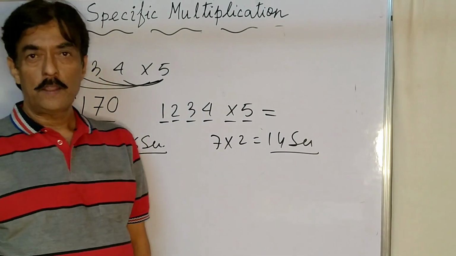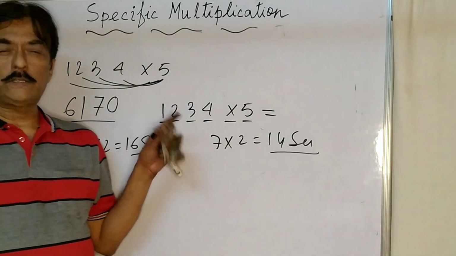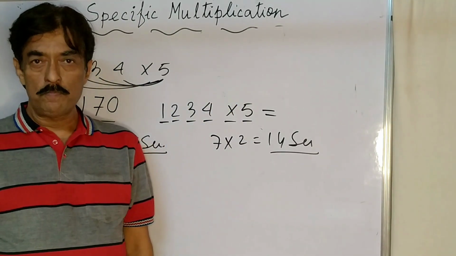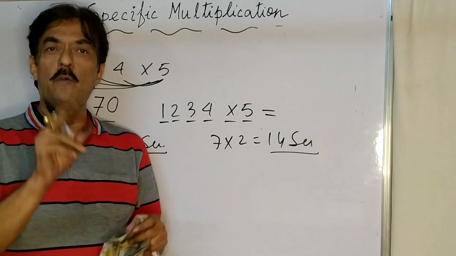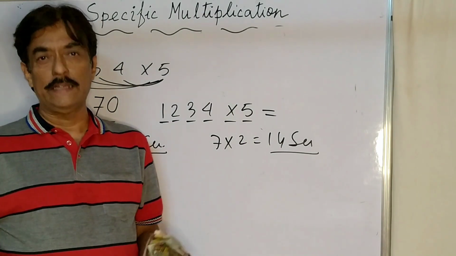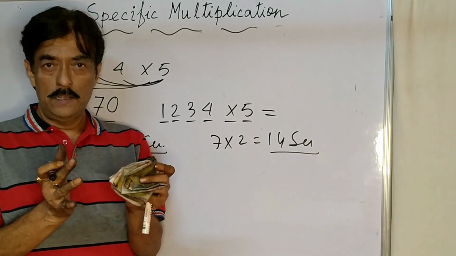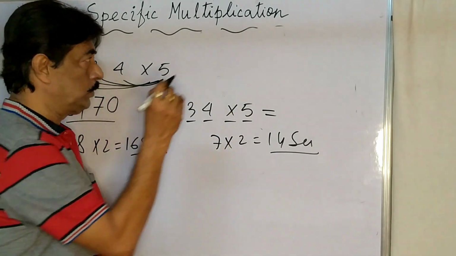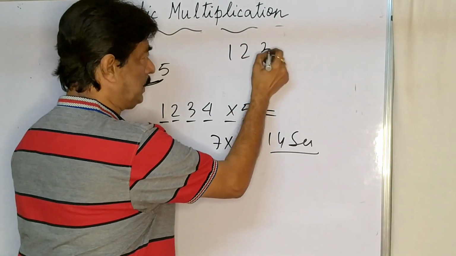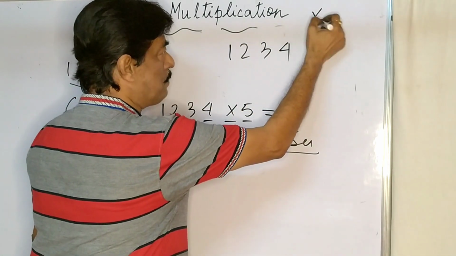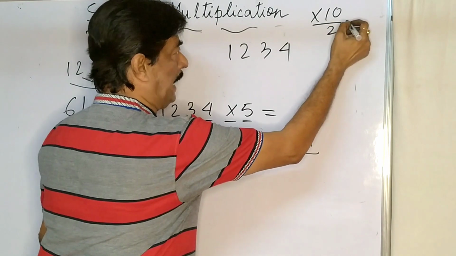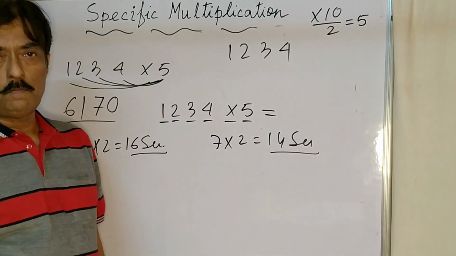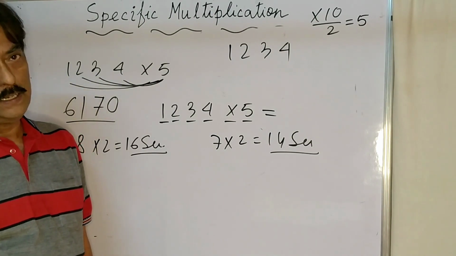This is called operation. If you tell your mother to cook 4 different items, mother will take 2 hours. If you tell your mother to cook only one item, mother will say half an hour is enough. So you have to minimize your operations. If I can minimize my operations, I can minimize my time. Now, what to do with 1234? If any number is multiplied by 10 and divided by 2, ultimately the number is multiplied by 5.